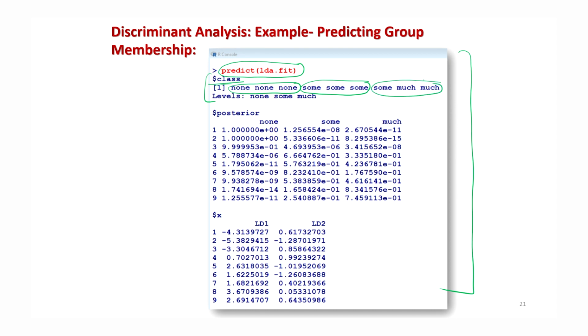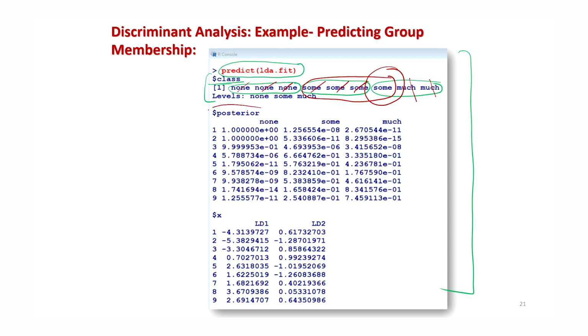But if you observe here, what is happening? The 1, 2, 3 have been classified well, some have been classified well, the last two observations, much and much, have been classified well, but this some is creating an issue. So this is the meaning of class.